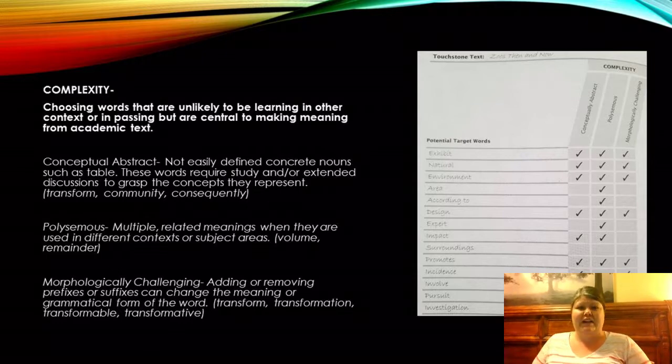So to transform a community, consequently, those are words that aren't so easy to define, that can be used in different ways, and words that can, like I said, spark a